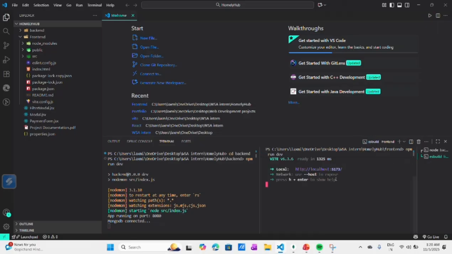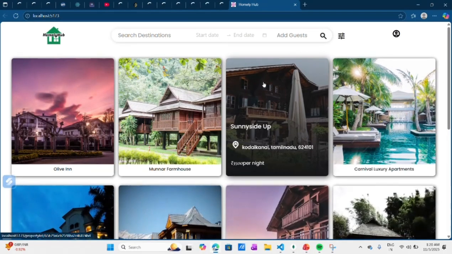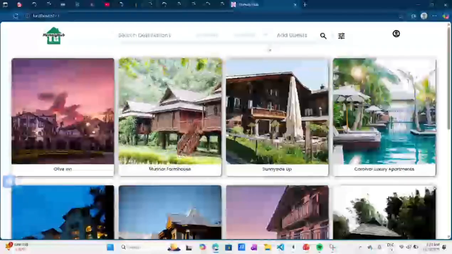Here we can see the localhost 5173 link. If we click on the link, we see the project in the browser, whichever browser you use.